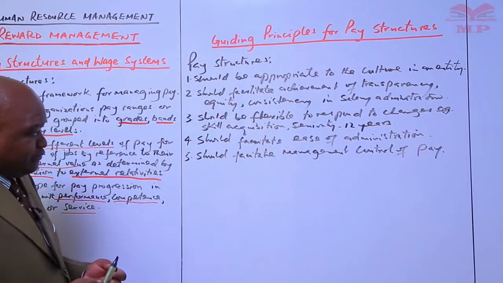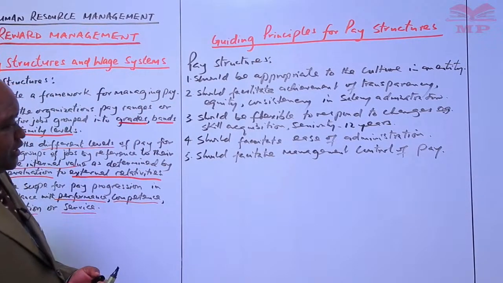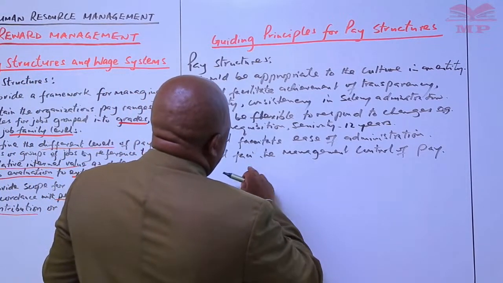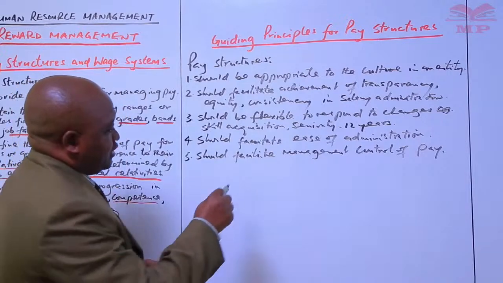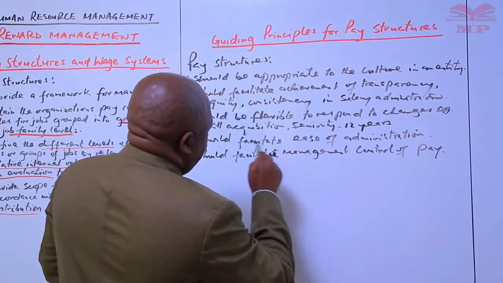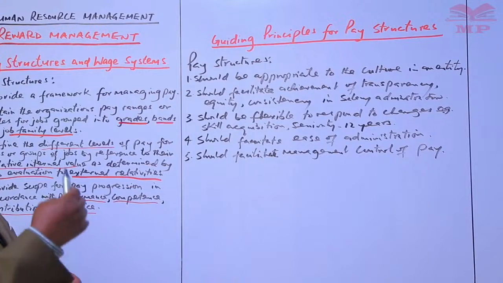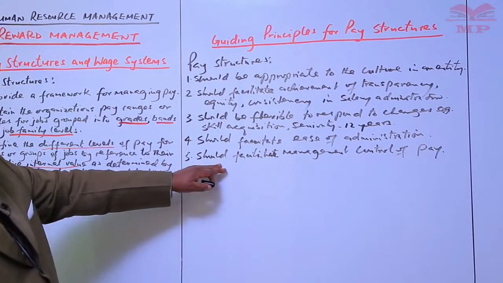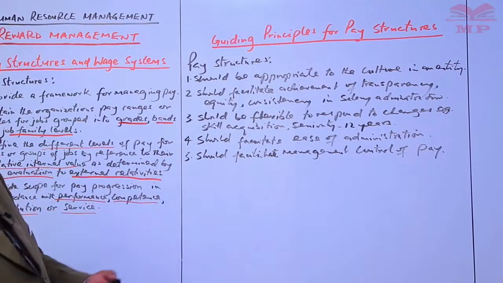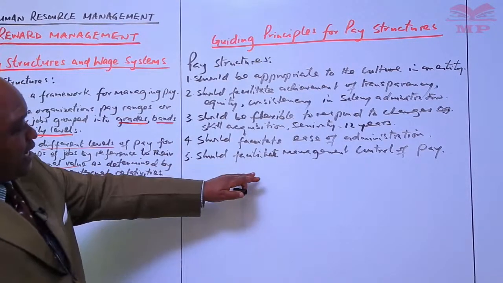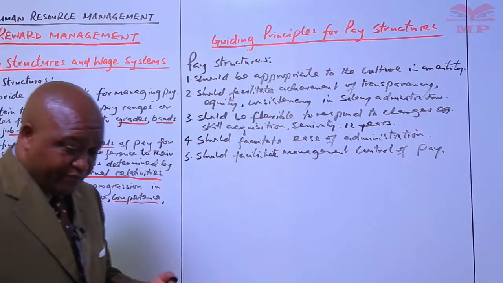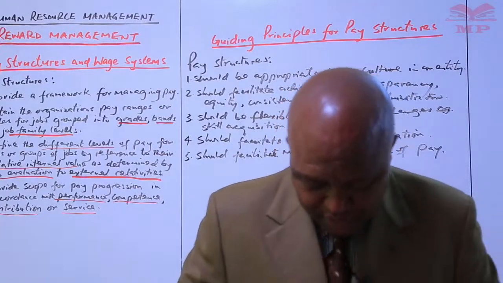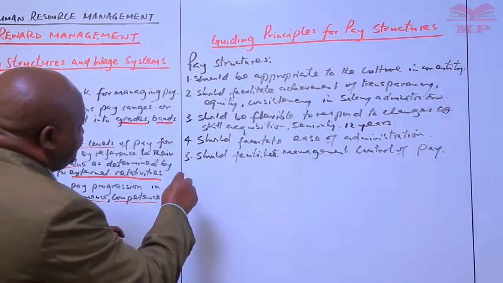So the system should be good enough so that an organization facilitates management control of pay issues, so that in case an employee has a complaint, it is possible to look at the pay structure and articulate issues in relation to how this pay structure is supposed to be implemented. So that again becomes one of the guiding principles, and it should also be capable of responding